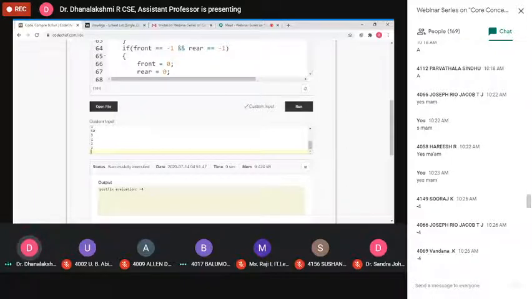Now I am calling the fourth option, which is the front element. Then I am calling the fifth option, the last element, rear. Now I am calling options 6 and 7. 6 is whether our queue is empty. 7th is whether our queue is full or not. Then I am giving 8. Option 8 is for exit, 0. If not, option 8 is no need to give. Other than 8, it will automatically come out of the loop. Okay, now run the code.